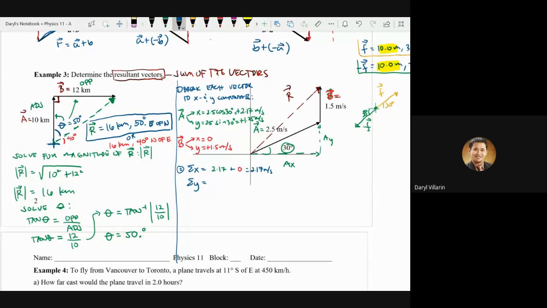Okay? And for the value of y, you get 1.25 plus 1.5. So that gives you 2.75